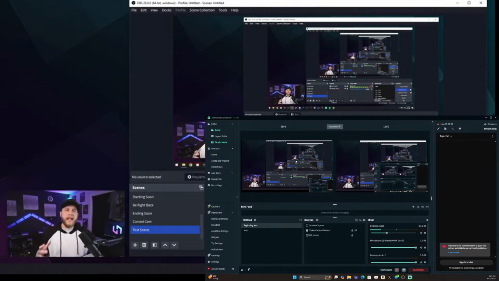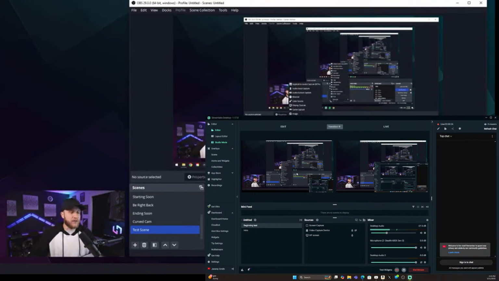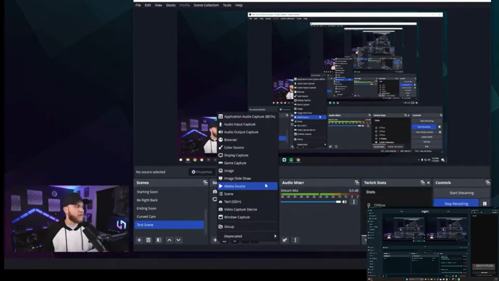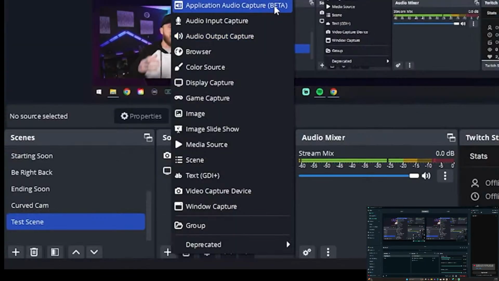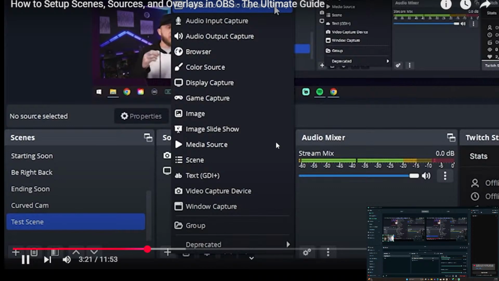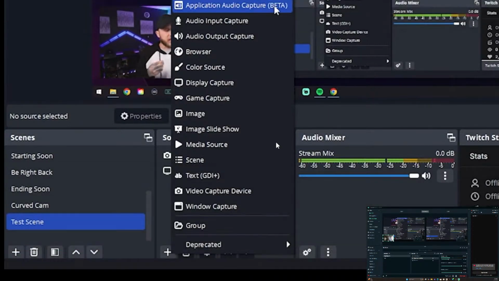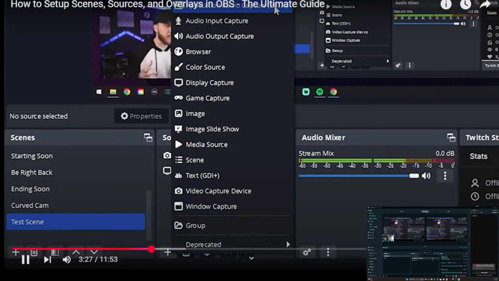Now, let me break down for you guys what each of these sources are, because when you go to add a source down here, there's a lot of options. So let's talk a little bit about what each of these are. The top option here is a beta feature. It's the application audio capture. And what this does is it will allow you to capture audio from a specific program that's running. So let's say you don't want all the audio from your PC going to your stream, or